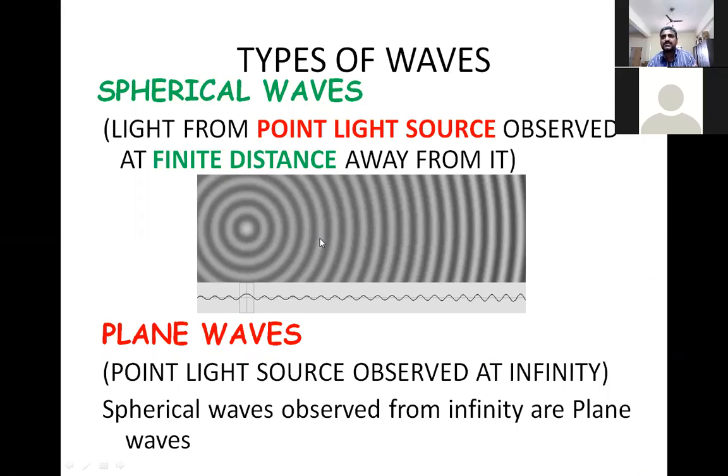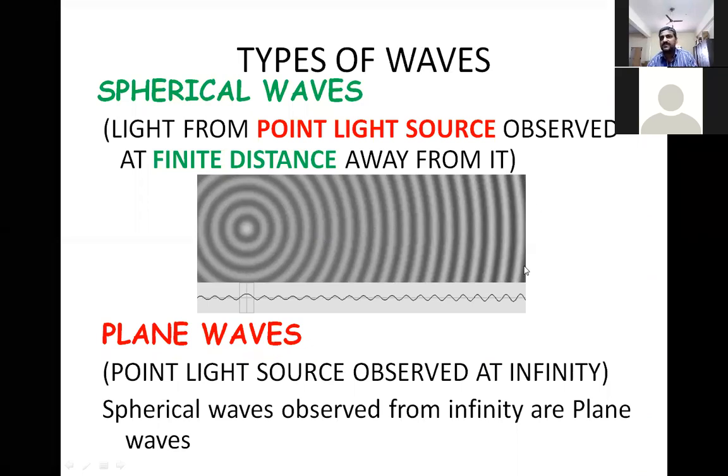that is, from a larger distance, the kind of waves that you receive are called plane waves. It means if you and I are looking at each other at a finite distance, then the waves emanated by each of us are spherical waves. So from each and every point, let's say from my nose, from my head, every point will act like a point source. As we are very close to each other, the waves received by you can be called spherical waves. Imagine that you are standing some 100 feet away from me. Then the waves emanating from me will not be called spherical waves. They will be something like a plane wave.